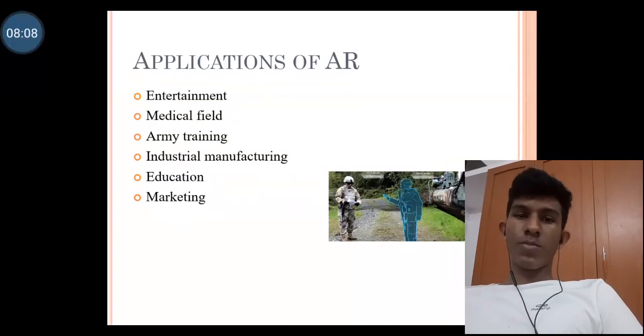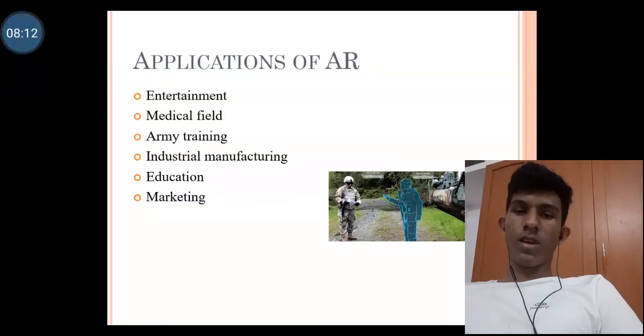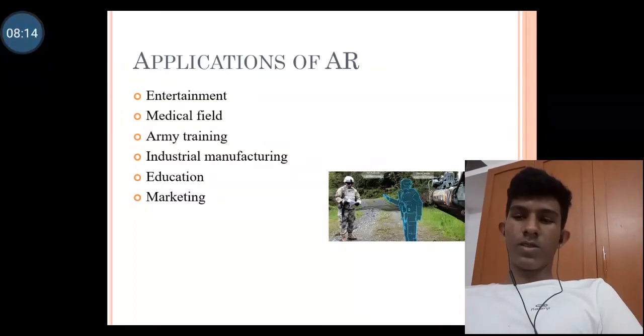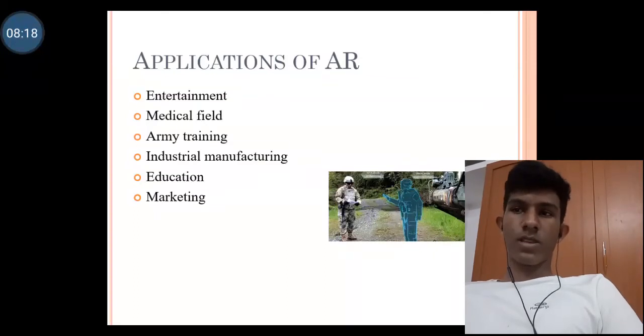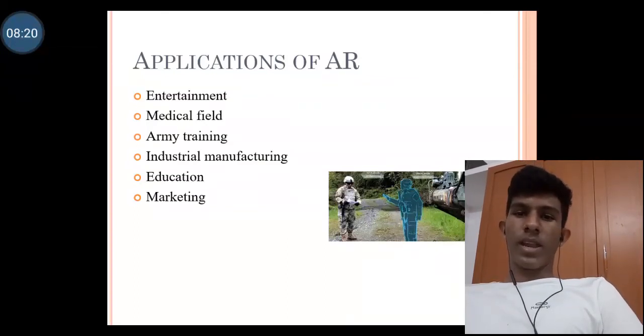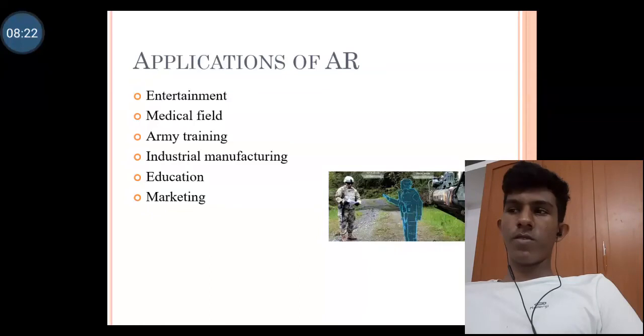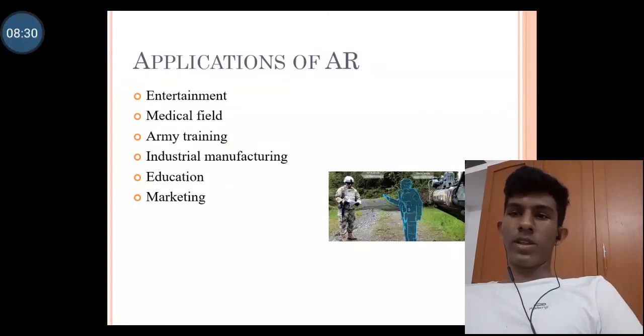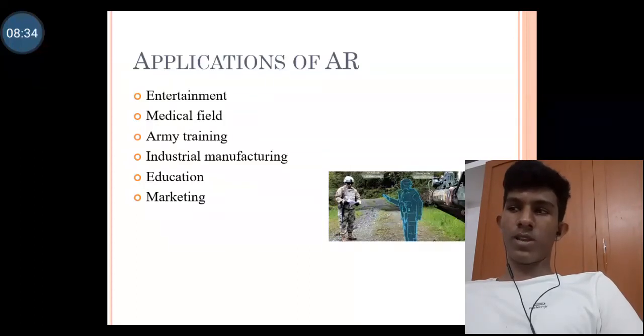Next is consumer design or industrial manufacturing, that is related with the consumer designing of products. An example is when we go to a typical home store, wanting to add a new deck to your house, they will show us how it will look, how a deck will look after it was maintained